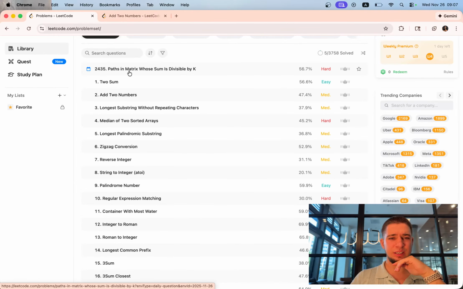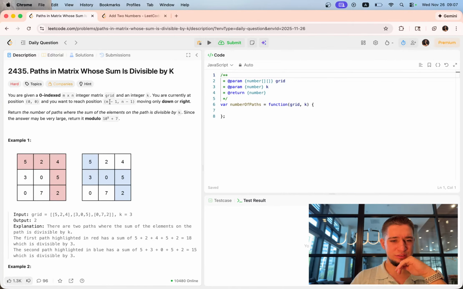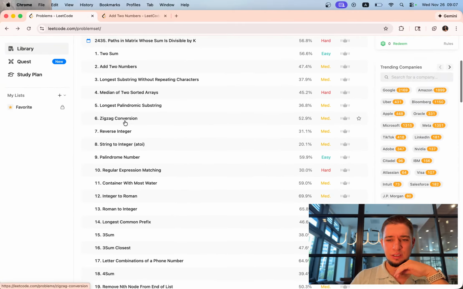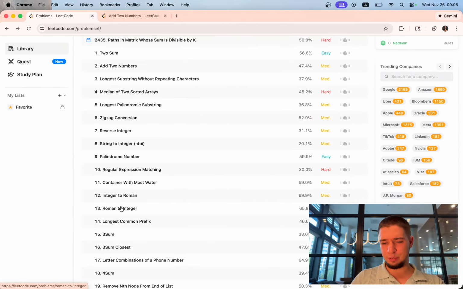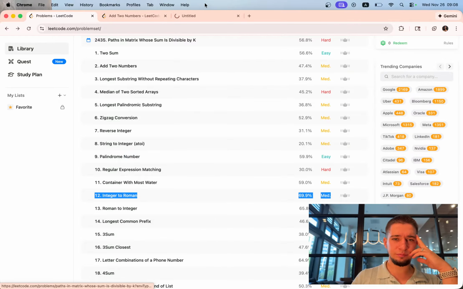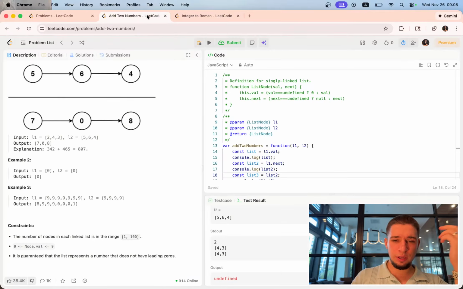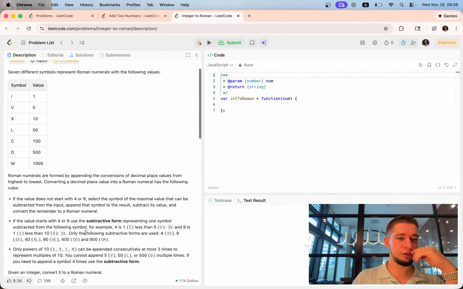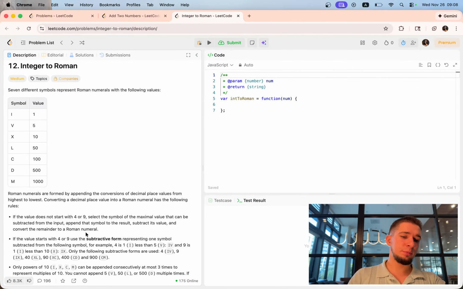Oh, I don't like how it's called. No, let's go with something at least medium. We have been going with easy tasks, that's okay. Let's go with something more medium, because I really want to understand how this list node works, so probably something else will help. Integer to Roman. Okay,